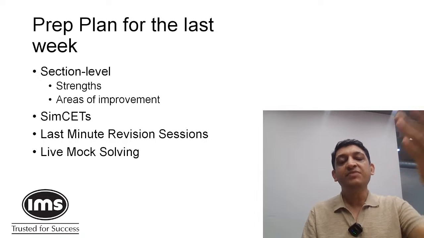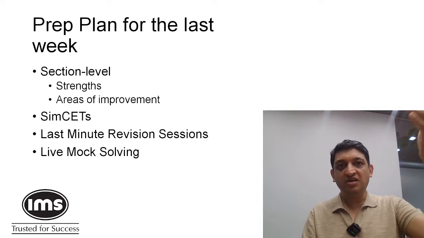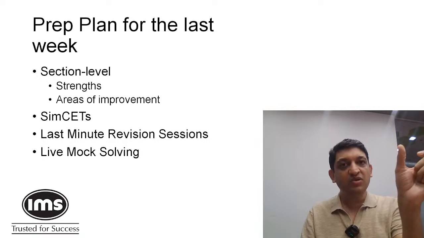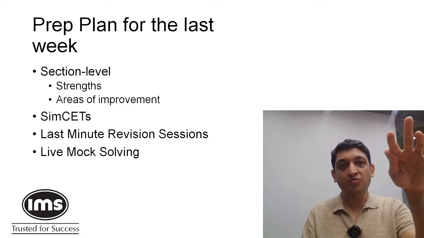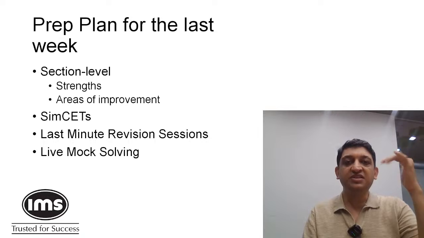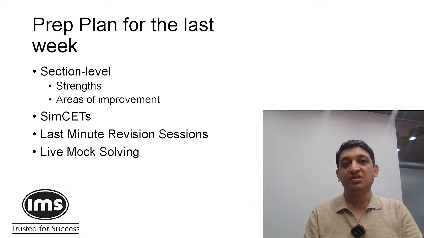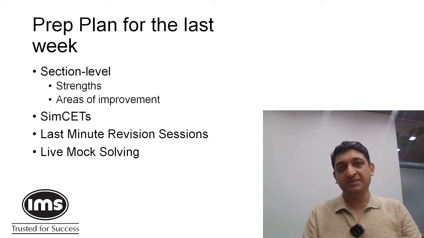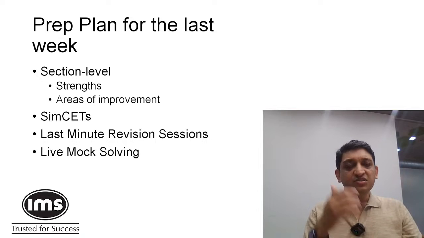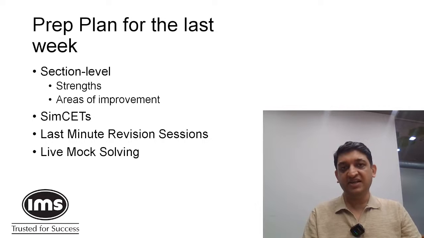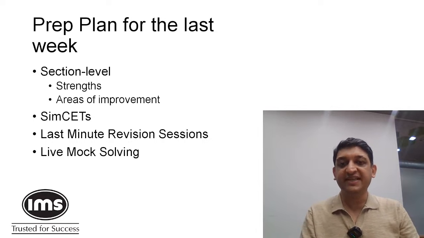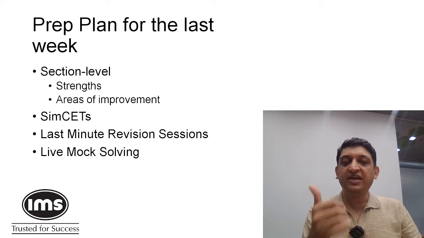Then I will look at the first output. Whenever there's an input, there will be a first output that will happen. I'll try to look at what exactly is happening in the first output. Now these 3 layers should tell me what exactly is going on. If I'm in doubt, I will look at the second step as well, and beyond that I should not look at any steps, more or less. So that is one thought process that I have formed in my head, and that is exactly what I will go through when I am looking at an actual test as well. So have these kinds of scenarios ready in your head.